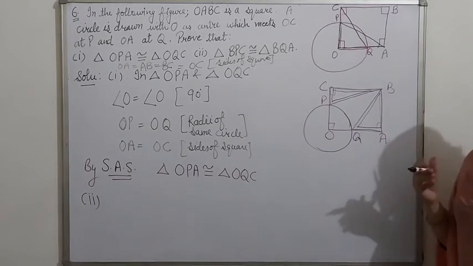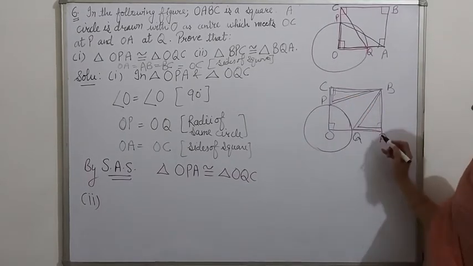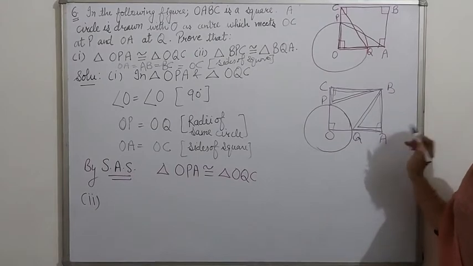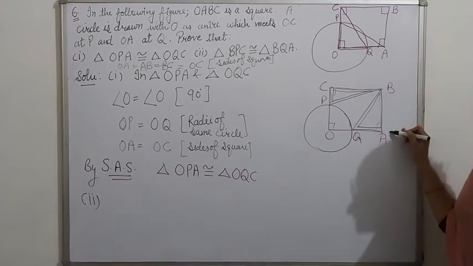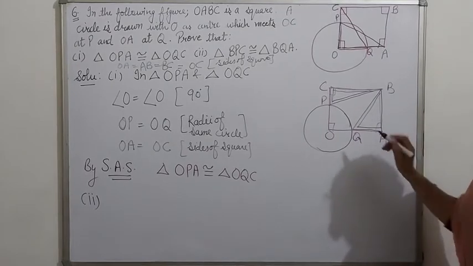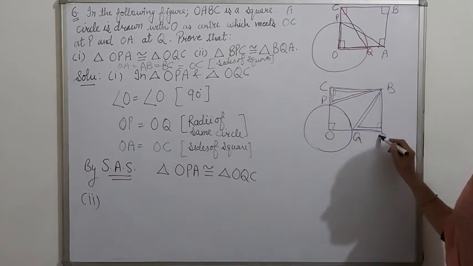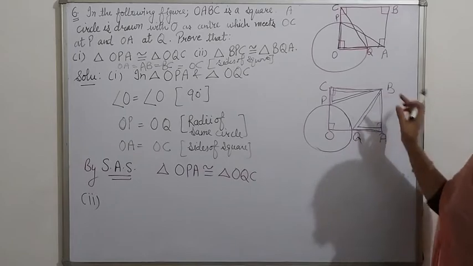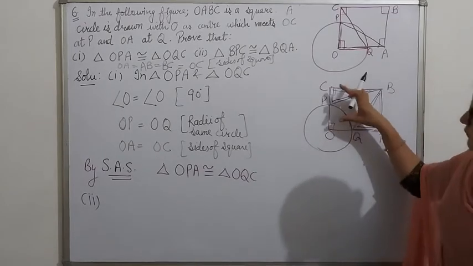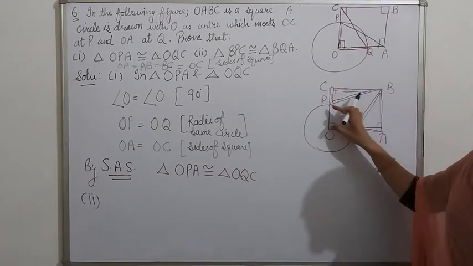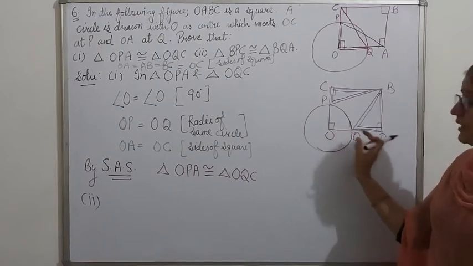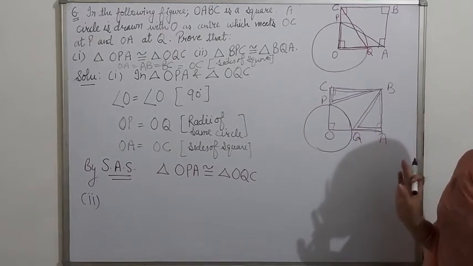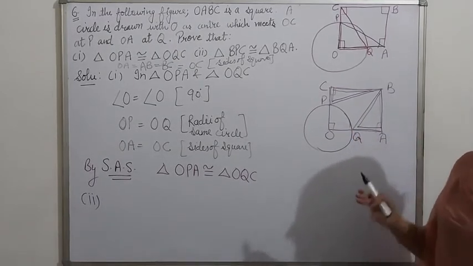Now see what things are common. Here this angle is 90. BC is equal to AB, sides of the same square. Now these two parts are the same. Why? When the full side OA is equal to OC and we separate the radii, whatever part we leave will also be the same. First of all we write and then we will apply.